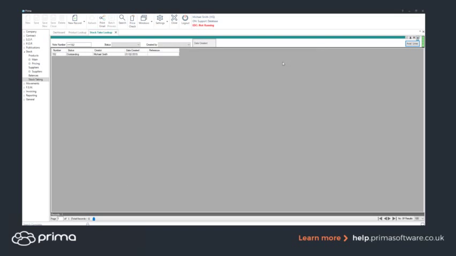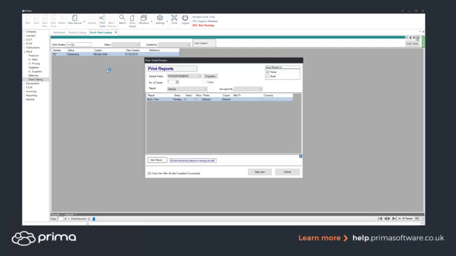Now at this point, if you are doing your year-end stock take, there is something you can do that will make it a little bit easier for you to count, rather than you having, say, a big Excel spreadsheet that you can use. You can view a report. So if we highlight the stock take and hit print and email, we do have a stock take sheet. If I just view this report very quickly,